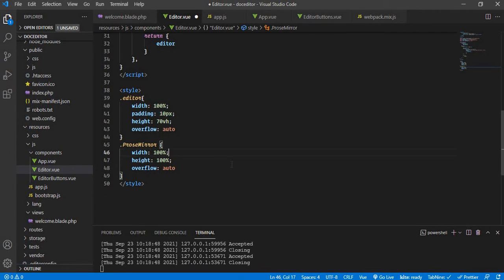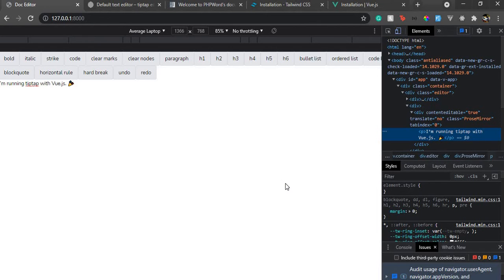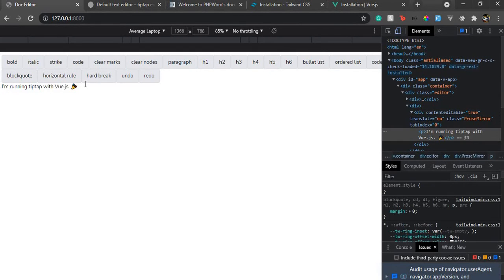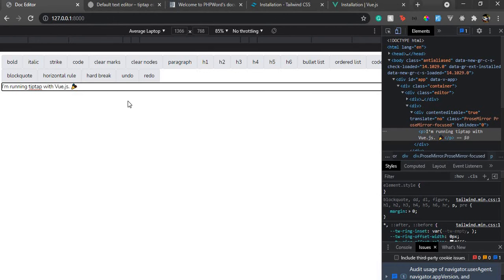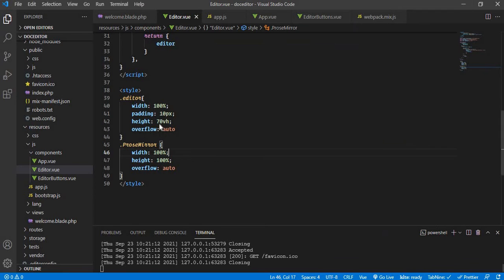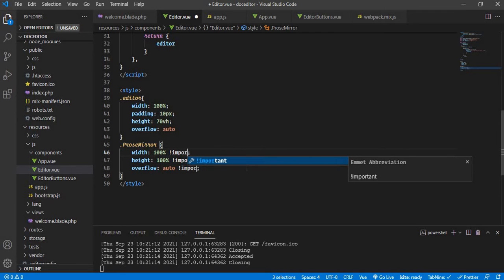Remove this from here, save it, and if I go back, you might hear the voice of tiddling, something like that. It's just Laravel Mix notifying me our build is successful. If I run this back, and if I click on this, okay, it is still not working. So let's see what's the problem. Here, width 100%, height 100%. Okay, let's give not important so that it doesn't take its own styling. Here, and here, I'm gonna say not important,